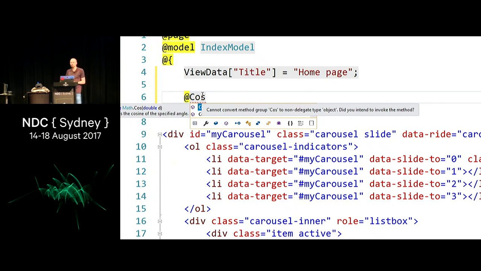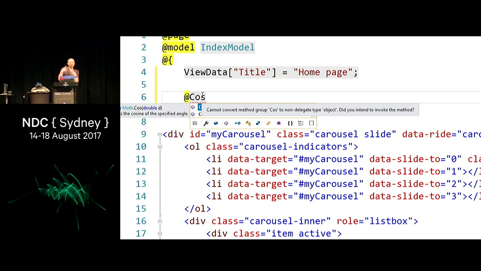What's probably a little more useful is that, who's ever created a custom Razor base class before? Okay, a couple of nods. That's fine, right? Usually you end up doing that to put utility methods and stuff on it so you don't have to inject it everywhere. Well, with this feature, as long as the methods you have are just static, you can just put them in a static class, put one line in your view imports, and now they're in every single file in your application. You don't have to change the base class, which we know can introduce sort of ball